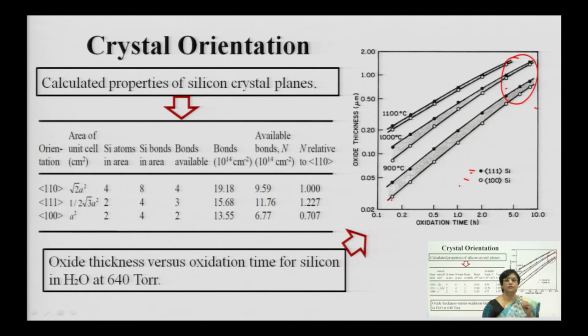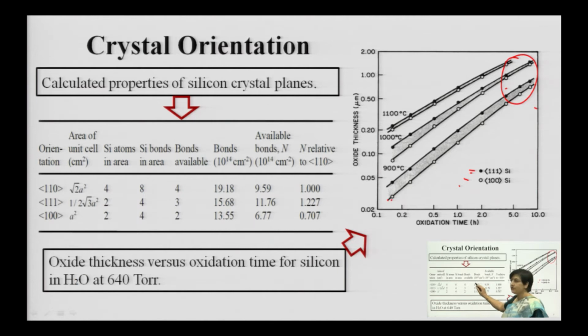just keep in mind that there is a variation, and the crystal orientation has great impact as far as oxidation growth is concerned. The impact is very heavy under the linear regime, where the oxidation is reaction limited. When oxidation is reaction limited, since there are more molecules available on the surface, the rate of oxidation is much higher with respect to the impact of crystal orientation, and this is what is being discussed here.